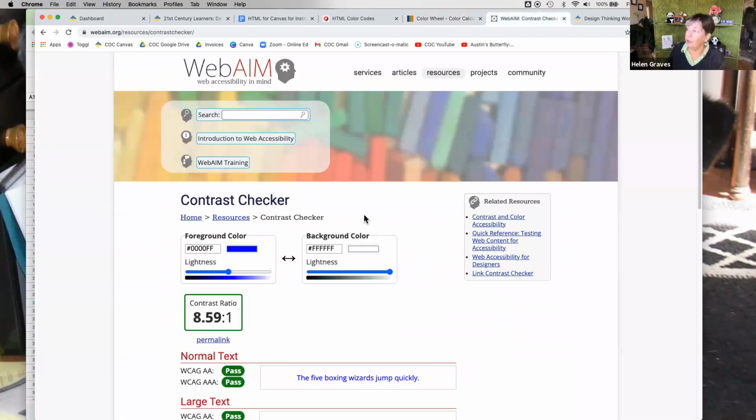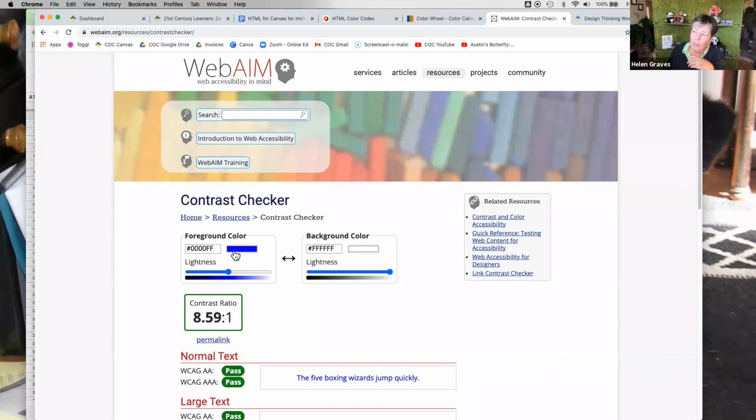The last thing I'll show you is contrast. Contrast is an issue when you're working with text and color for accessibility. Like with the border where I had the name and the background color, I had to make sure my text had sufficient contrast. If you're just using a border around an image or you're just using a horizontal rule, it doesn't really matter, because those are not content pieces that a student would need to be able to see. So you don't have to worry about contrast there. But the WebAIM contrast checker is a tool to use.